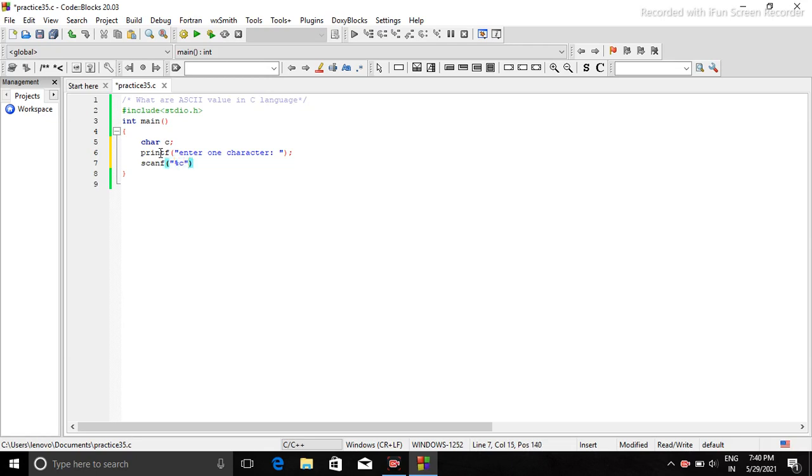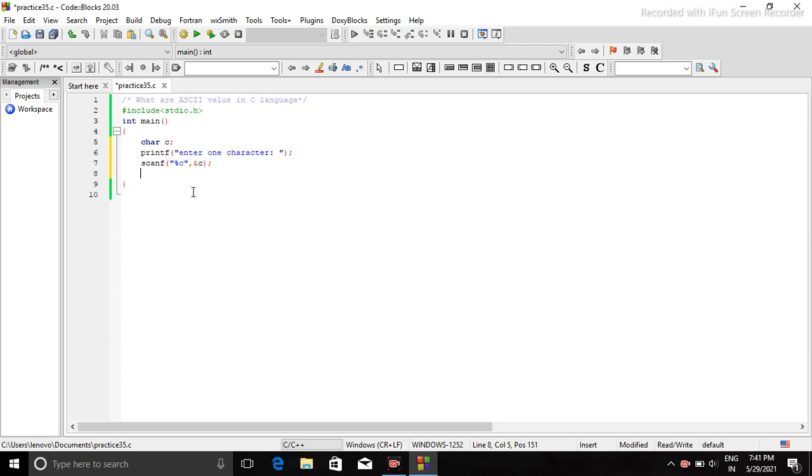As we know, for integers we use the format specifier %d, and for float numbers or real numbers we use %f. From now onwards we will use the %c format specifier for taking a character as input. This is the first argument, and the second argument we will give is the address of c.